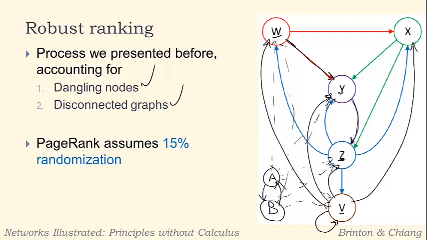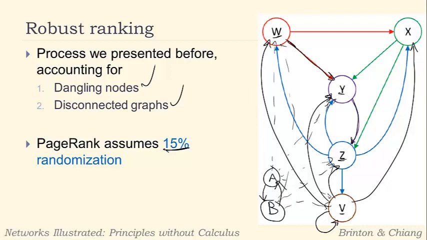PageRank itself assumes 15% randomization. And that's basically what that's saying, is that 15% of the time we're going to rely on the randomness, or just random URLs that we search through when we do the PageRank process. And the other 85% of the time we're going to rely on the connectivity in the web graph. And there's a trade-off there